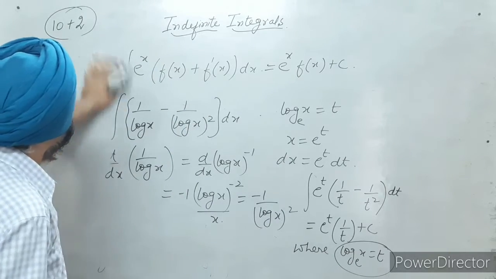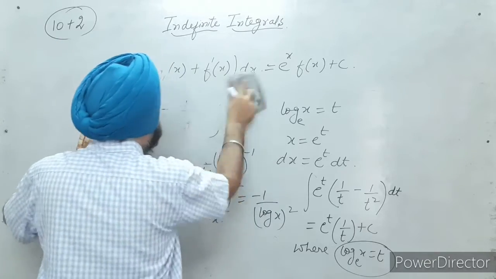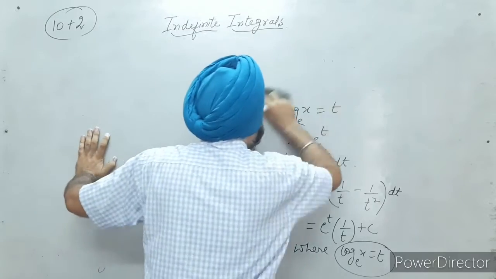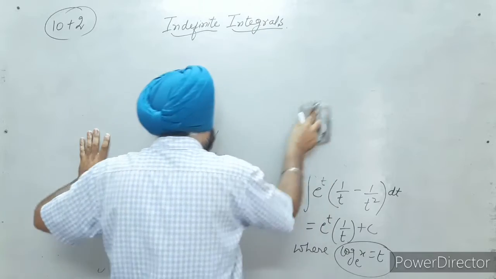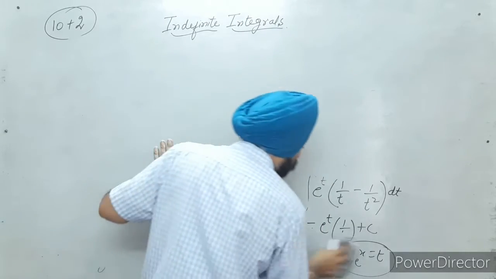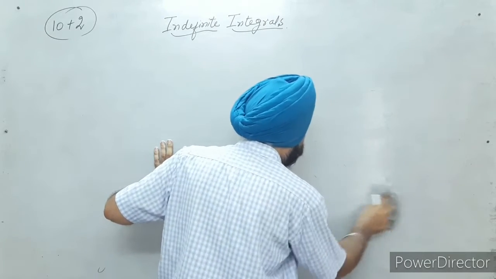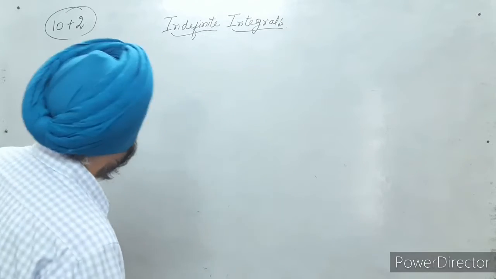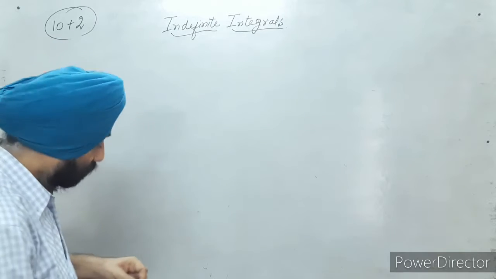Now the second type of today's lecture which I am going to discuss is a very important type again, and it is a unique one. Why is it a unique one? Because in all the problem sums of integration by parts, we follow the ILATE rule, right? ILATE rule. This I have discussed in my previous lecture.